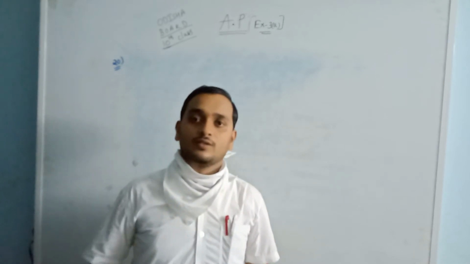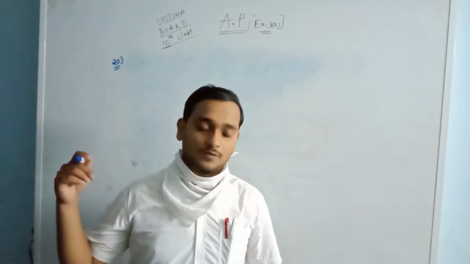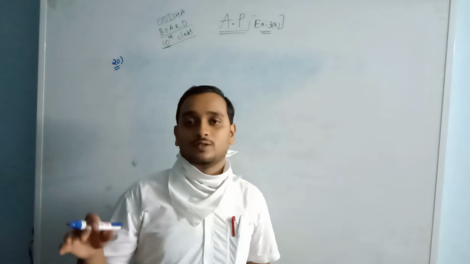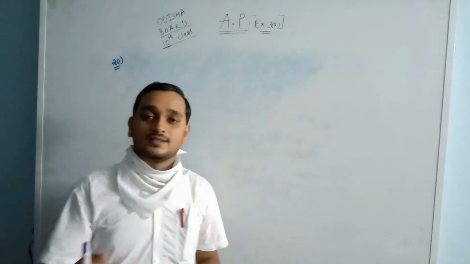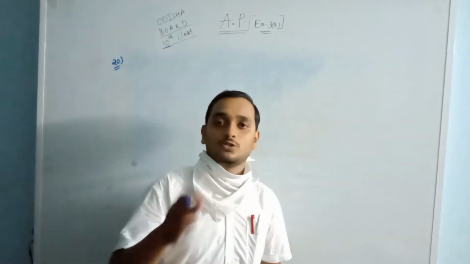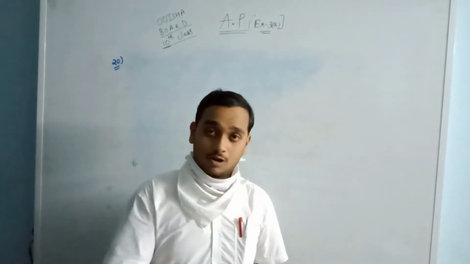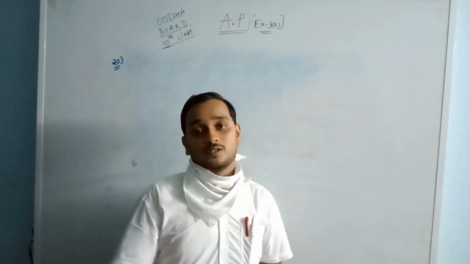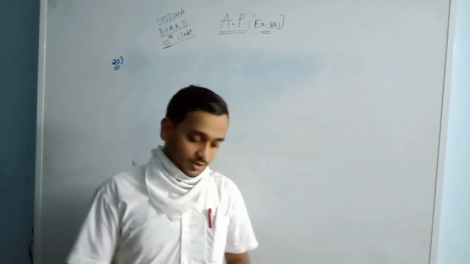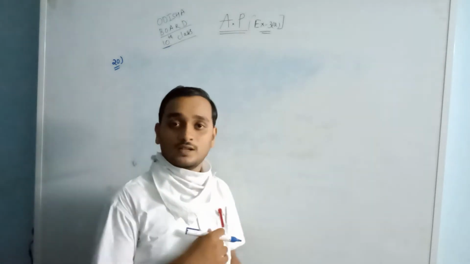In the previous video we discussed the concept of question number 20. There are 3 rows and every row has the same first term and a common difference. That means 1, 2, 3 for the 3 rows. First row common difference 1, second row 2 and third row 3, but the number of terms is the same for each row. Now we will write the explanation of the question.